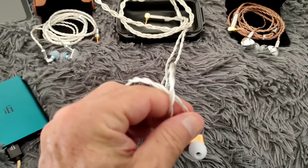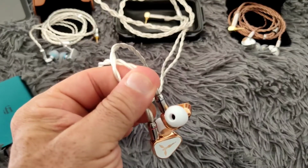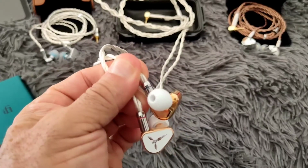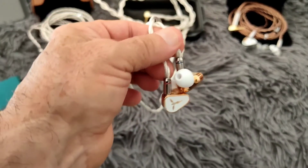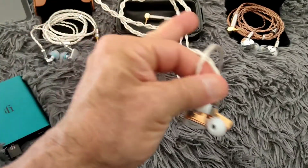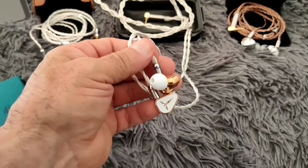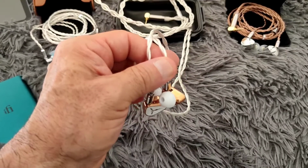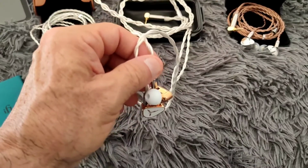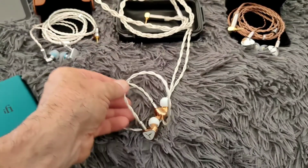So for example, if I was to compare this to the Aria, I find that the Aria has just got that little bit extra air up top as compared to this. But I want to kind of stick to these, and the only reason why I mentioned the Aria is because it's also a Harman tuned IEM, and it's probably below $100. Below $100 is probably one of the best IEMs to choose, as compared with